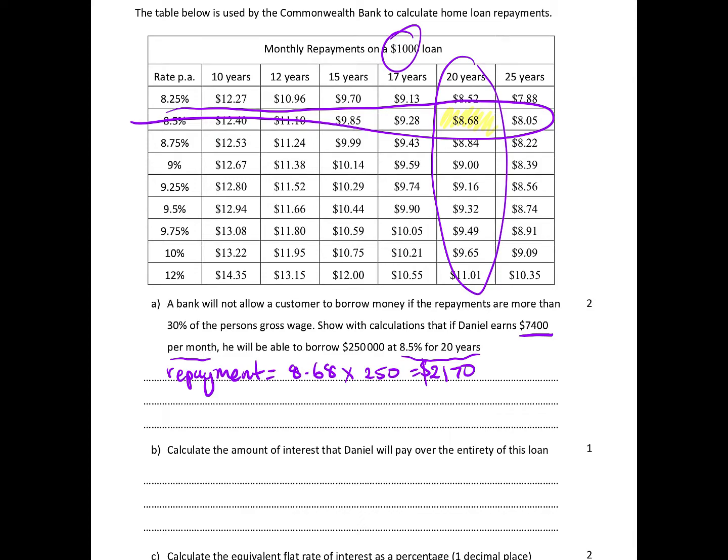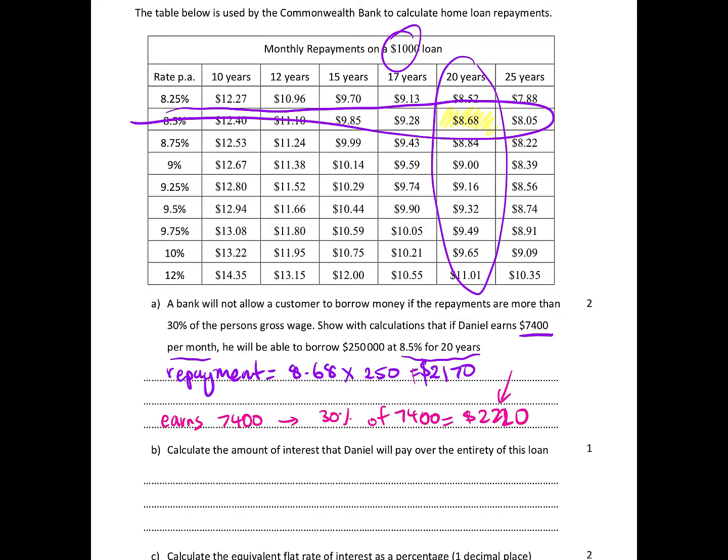I want to now find out, now he earns $7,400 a month. I need to know what 30% of his gross wage is. So 30% of the $7,400 is $2,220. Since 30% of his gross wage is higher than what the expected repayment is, he can borrow